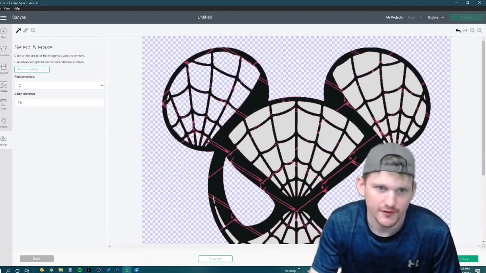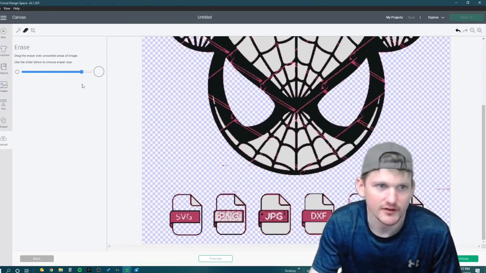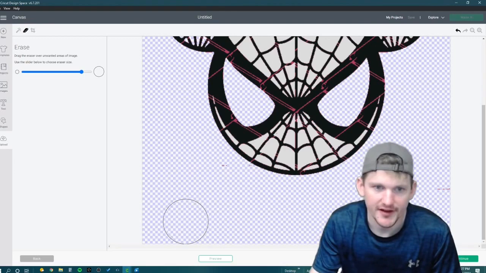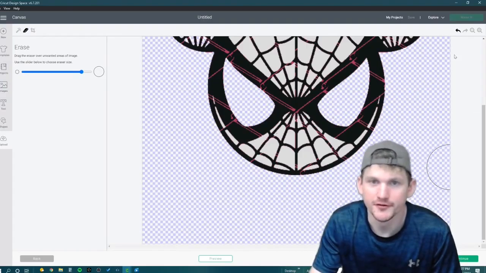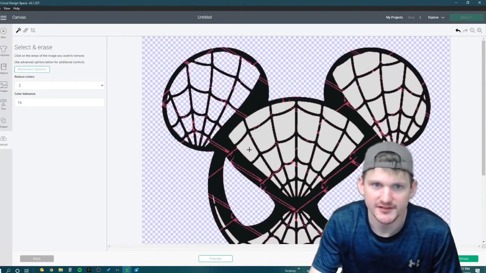If you need to get rid of some stuff like this, instead of clicking on them, since there's a lot to click on, you can click this eraser and make it large, and just come down here and clear all that out of your picture. And then if you mess up, there's also an undo arrow. Then we'll go back to the select mode to select all the rest of this little